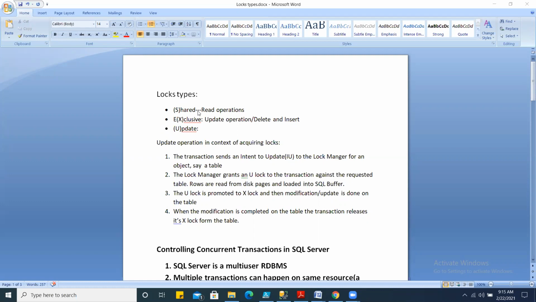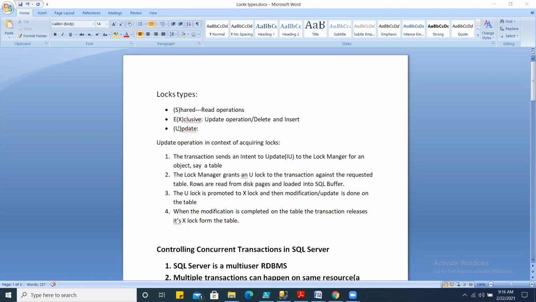Then when you perform any kind of write operation, modify operation, right, an update lock is required to be taken on the resource by the transaction. So in case of your insert and delete statement, an update lock is acquired. In case of an update statement, which is also your write operation, which modifies the data, an update lock is acquired, followed by an exclusive lock. So update, delete, and insert operations also require an exclusive lock.